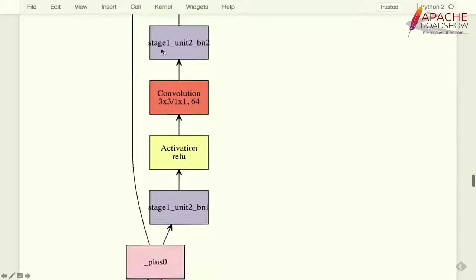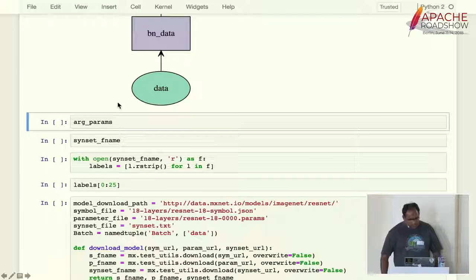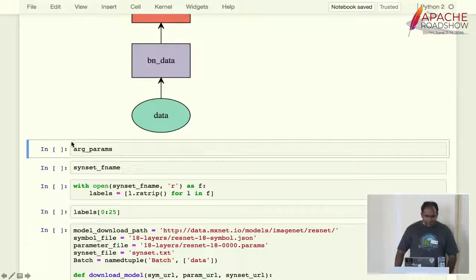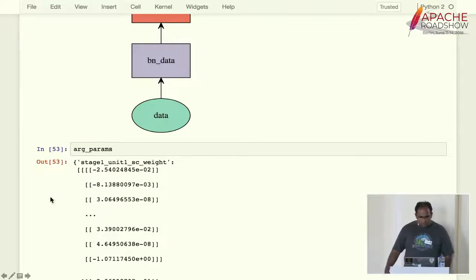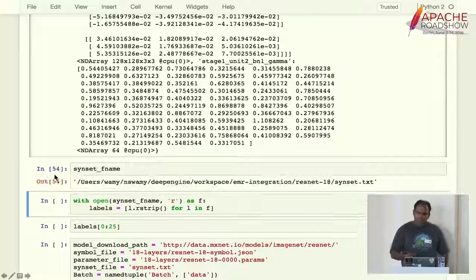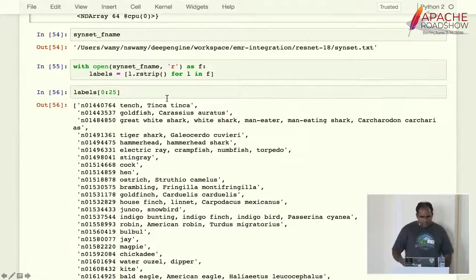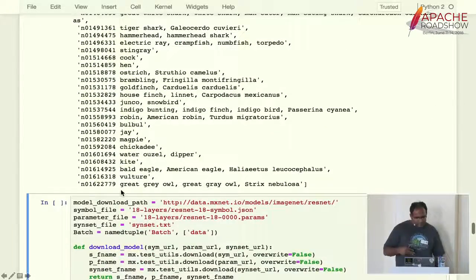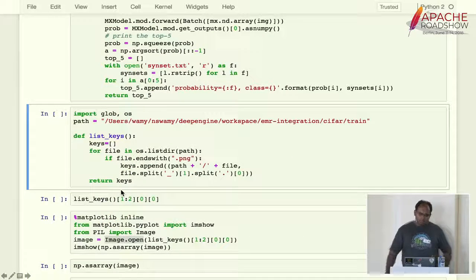And at the start of it, we will pass the data. In the parameters, you'll see floating point values or doubles representing the weights between the layers. There is another file called synset, which represents the relationship between categories and the labels.